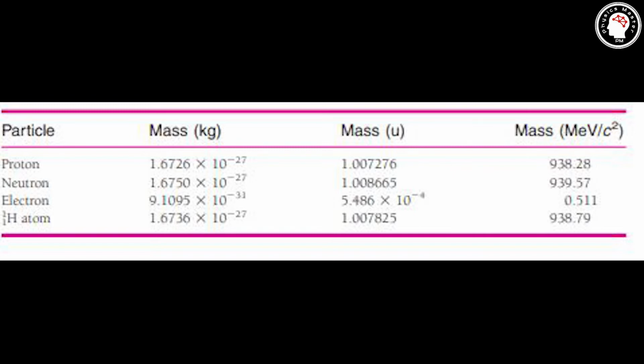Similarly, neutron is 939.57 mega electron volt per c square. Electron is 0.511 mega electron volt per c square, and hydrogen atom, which consists of one proton and one electron,